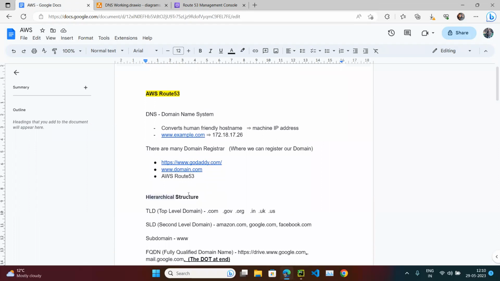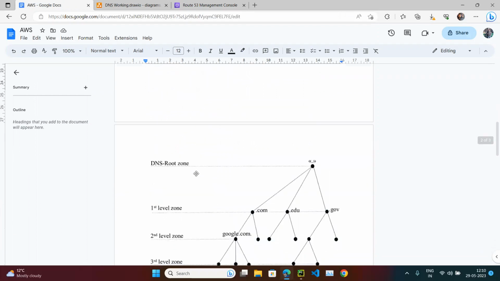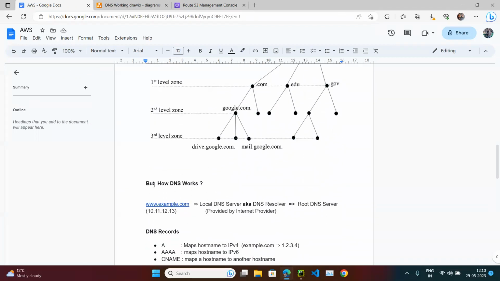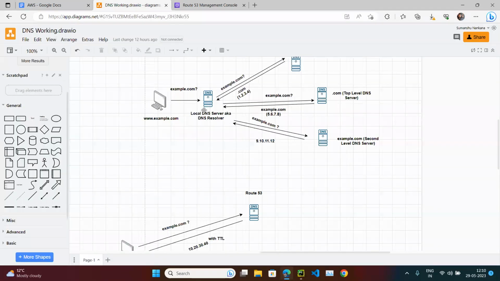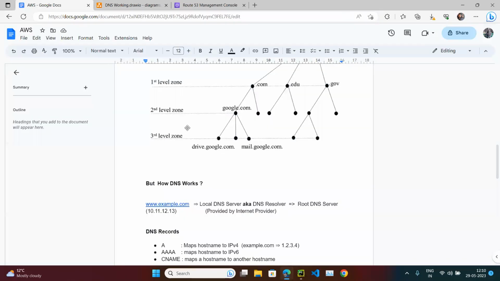But the other question is how this actually works at the back end. When someone types www.example.com, how does the DNS work at the back end? I created a beautiful diagram, but before that, we need to understand